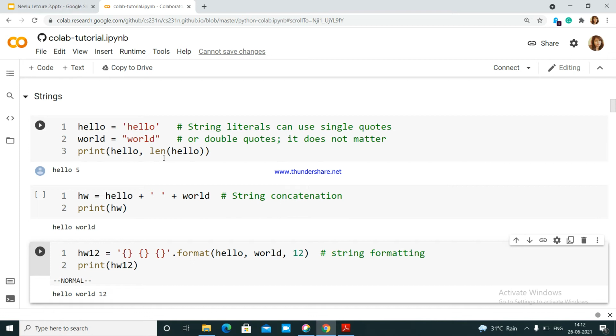So length will tell you the length of this hello, and hello will print the value of this hello, whatever this variable contains inside it. You can write it as "hello my name is Neelu", and it will print as "hello my name is Neelu". And if you want to calculate the length of that variable, it will contain some other different values. So, all right,